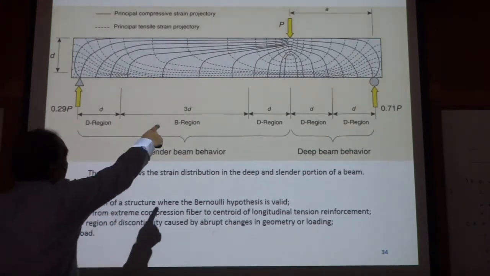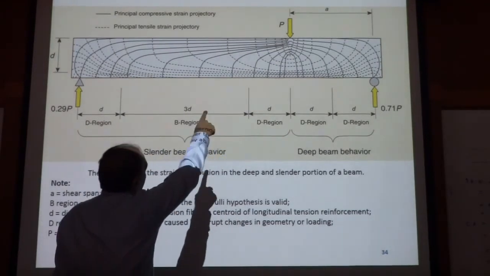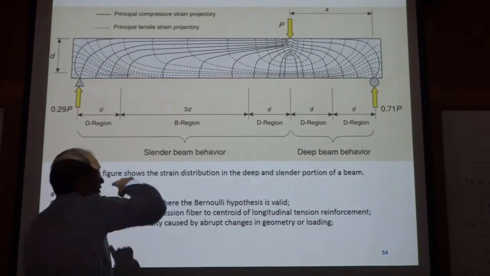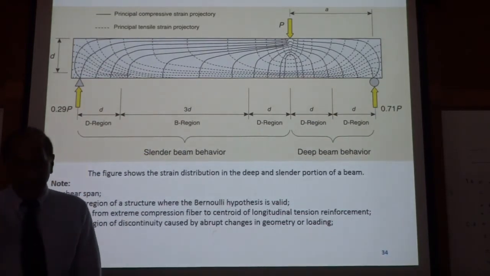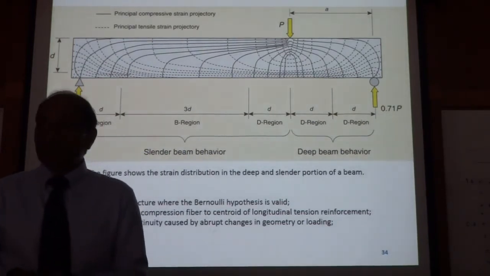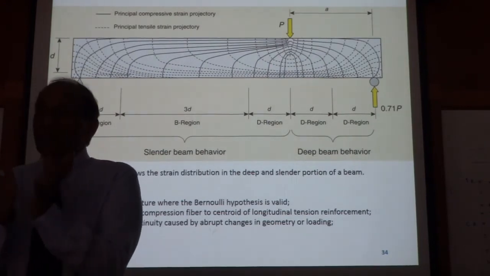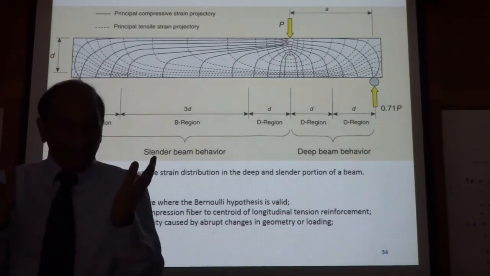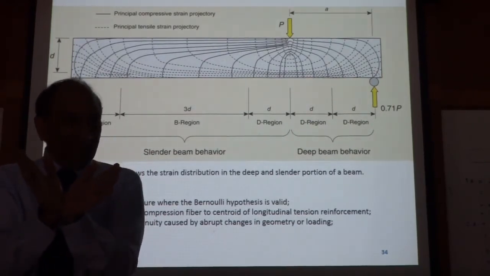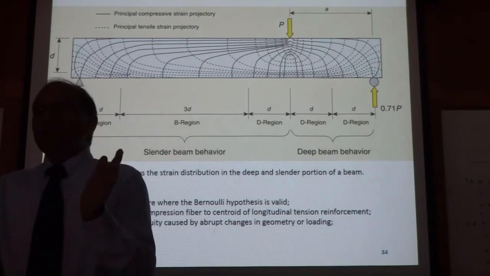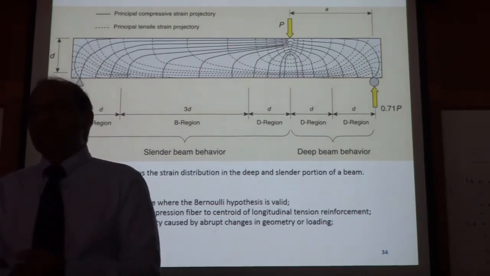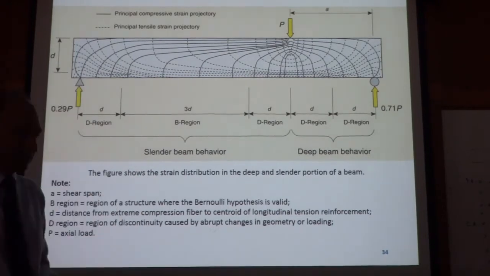So you can see from there, D, D, D. So point load, any concentrated load, any disturbance that we see, what we saw in Saint-Venant's principle, that effect will be limited to a certain zone which is related to the dimension of the member or a 45-degree angle, right? And after that it becomes uniform. So that way we can decide which portion is D and which portion is B, right?